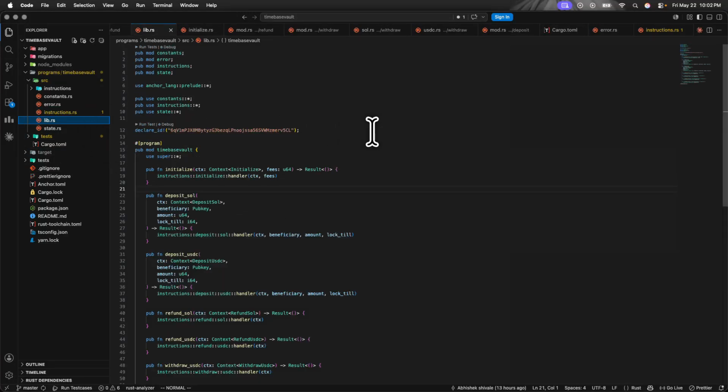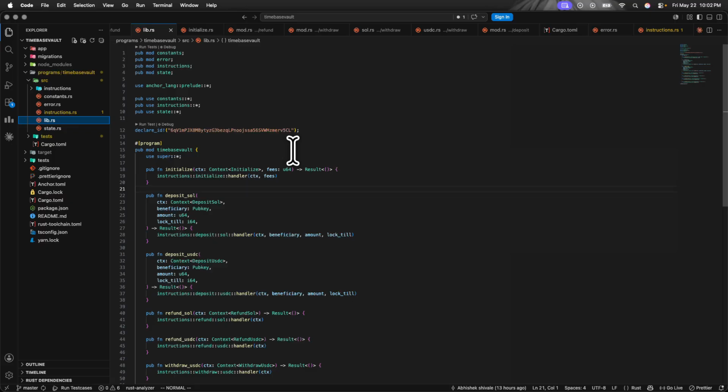Hey guys, I'm Abhishek, and I have completed the challenge that was given in the Turbin builder class. The challenge was to have a time-based wallet where